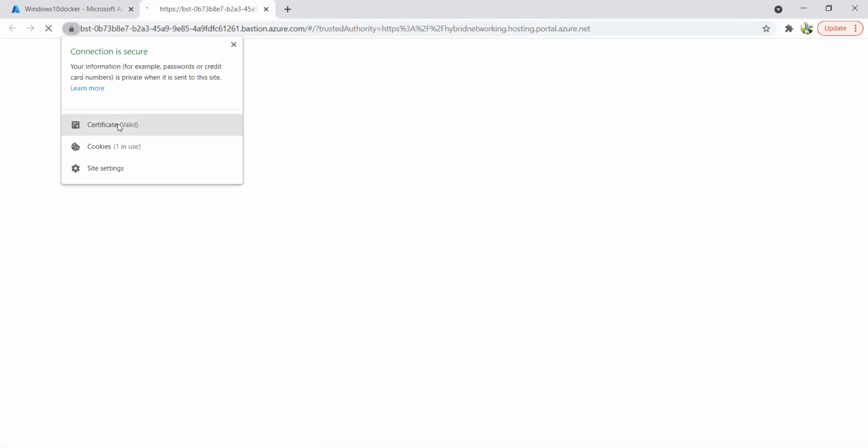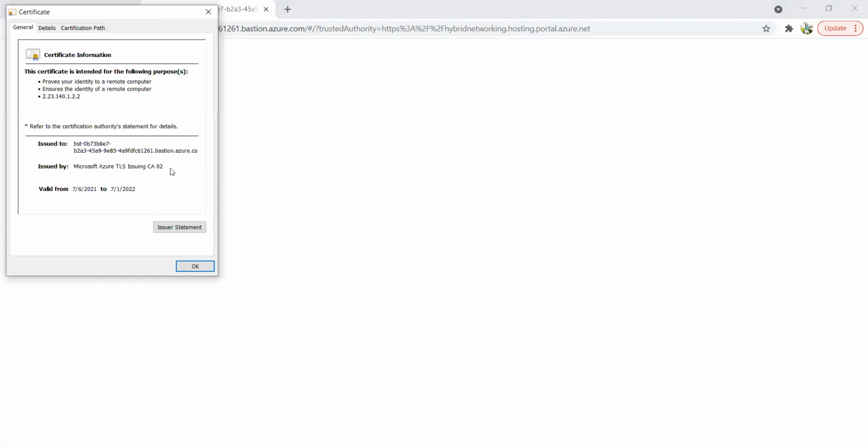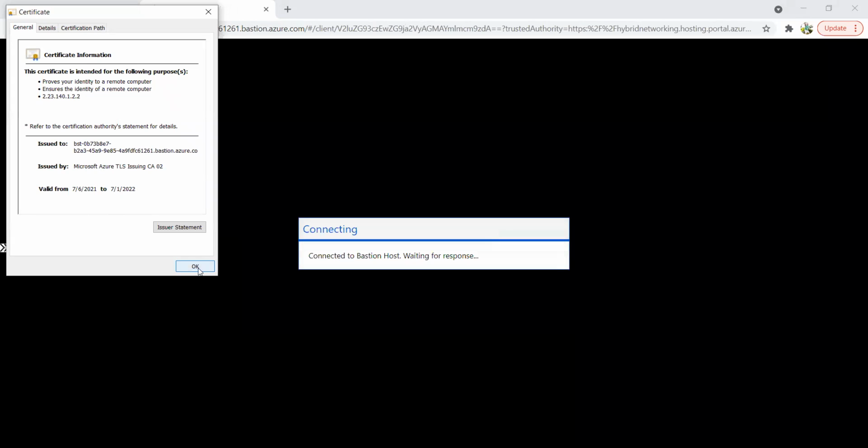Now we are using Azure Bastion for this remote connectivity, and here you can see the security options. If you want to verify, here you can see the Microsoft Azure TLS Issuing CA 02 certificate securing this remote desktop connectivity.